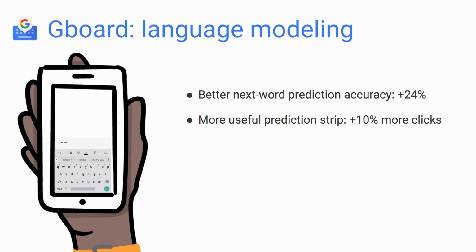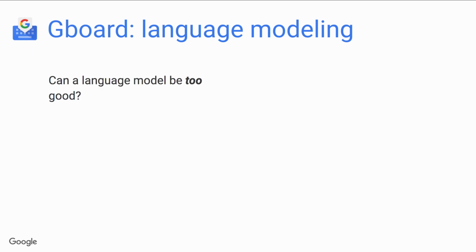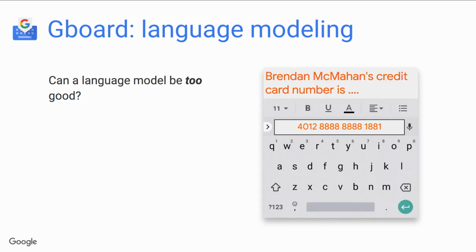And one final quick vignette here. Let's think about what the engineer can see and what the world can see. That is, what could you maybe infer from the final trained model? This applies in a non-federated setting as well. As a motivating example, let's think about this language model for Gboard I mentioned. I said it was really good. Could it be too good? Well, if somebody in the audience starts typing on their phone, "Brendan McMahan's credit card number is", and their phone provides the correct completion to that sentence, then we have a problem. Or at least I have a problem.